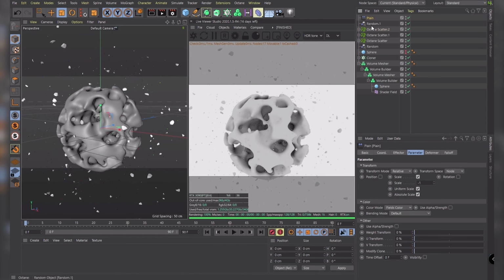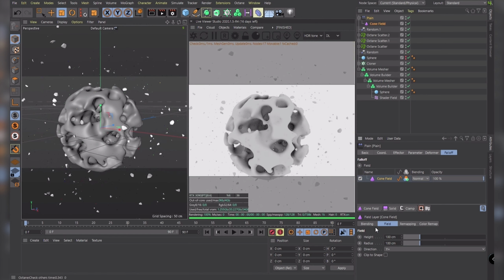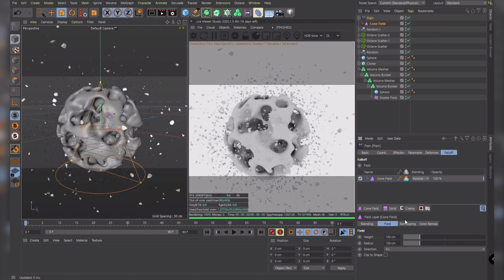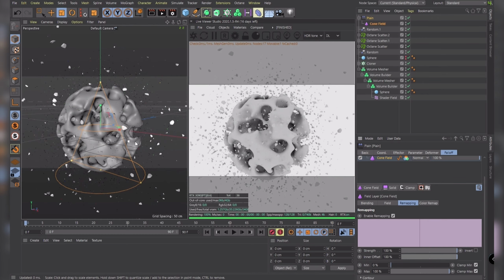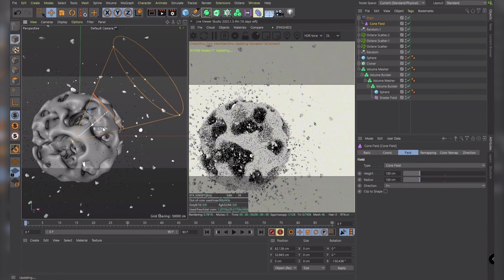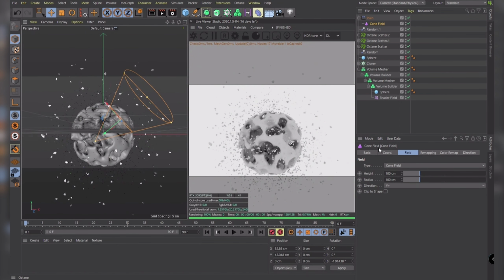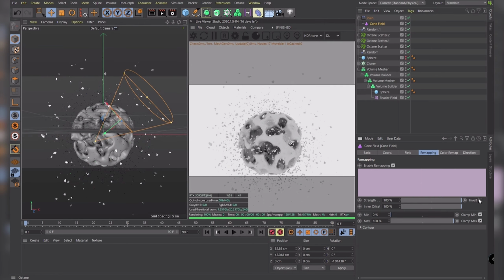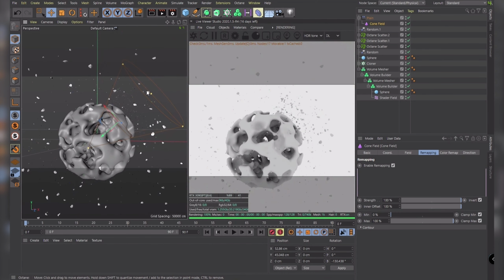So let's go back to the plane effector and set up a fall off. This one can be anything you like, but I'm going to use the cone field. So the defaults should be kind of fine, but let's go in remapping. And we're going to set the inner offset to 100%. And now we can rotate this like so, to kind of put it out there, like this. But right now it's hiding what's inside of it, so we don't want that. So let's go to the remapping again and check this invert option, like so. So you could keep adjusting whatever you want on this shape and the cone and the position, but for me this is just fine right now.